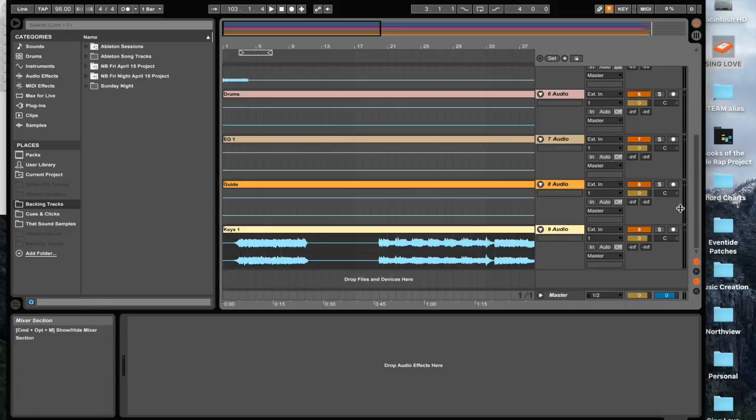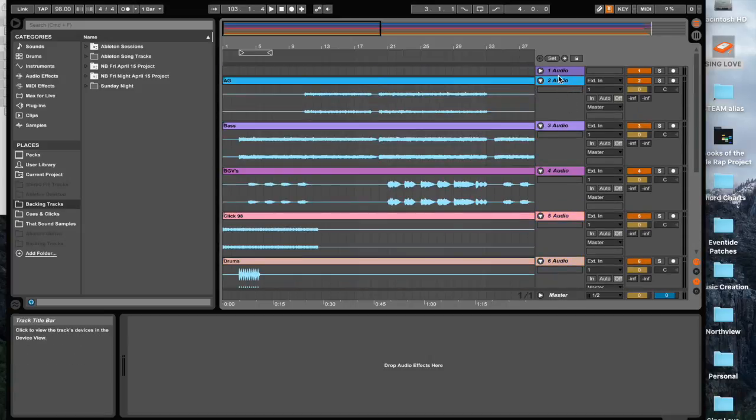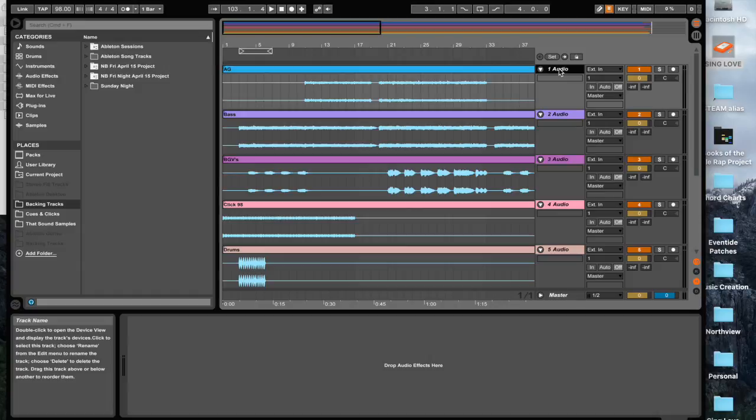So I like my master to be gray. These are the key tracks. So I'm going to right click. Well, I'm going to Command R. And then you can rename the tracks. Actually, I'm going to start at the top. Get rid of this guy because I don't need him. So this is going to be acoustic guitar. So we'll do that. Tab, bass guitar,